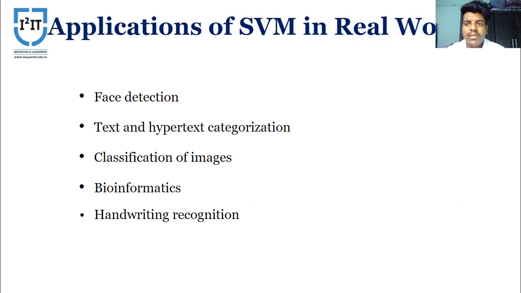Applications of SVM in the real world include face detection. On your face there are different points which can be detected with support vector machines. Text and hypertext categorization, and classification of images: if you have to classify images in different aspects, you can do it with support vector machines. Bioinformatics,